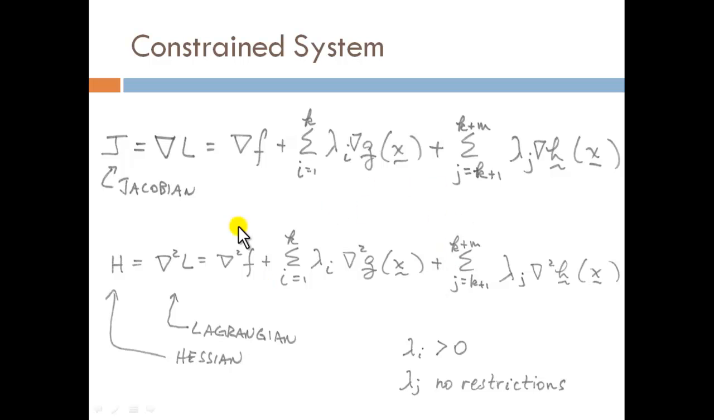Now, if we're looking at the sufficiency condition, the second order condition, where we need positive definiteness of that Hessian matrix, we have to make sure that all of the Lagrange multipliers linked to the inequality constraints are strictly greater than 0. And this makes sure that you're on that side of the constraint. Meanwhile, for the equality constraint, there's no restriction. You can be on either side, and you try to minimize that